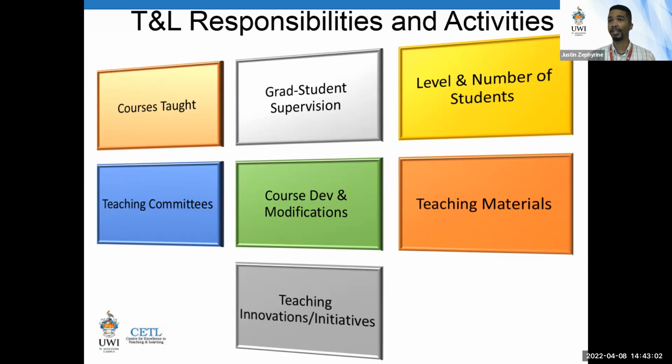Let's say during this transition to remote teaching, you may have made modifications to your course, even though you considered them temporary initially, but you realize the effect is you got greater success. So you might want to make those temporary changes permanent. That's a modification. Then the materials. Rhoda mentioned that you put materials for students to beef up where they need to be.